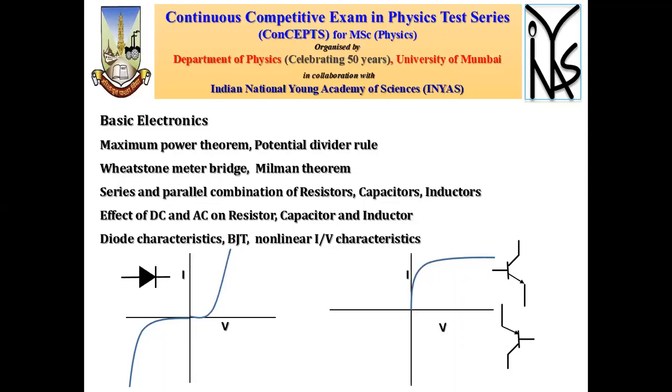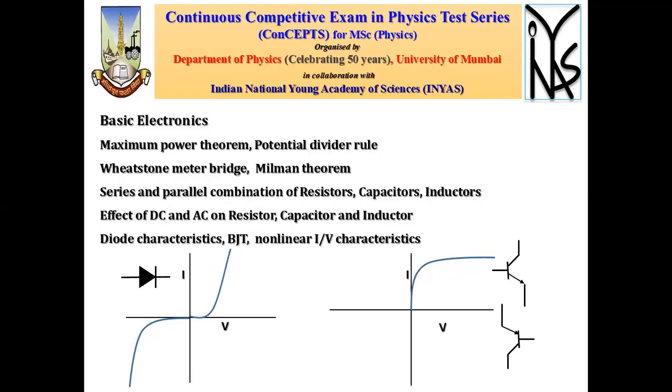So for the transistor, first we have to understand that there are 2 types of BJT, NPN and PNP. The biasing condition for the transistor is that the emitter-base is always forward biased, and the collector-base is reverse biased. That is the standard procedure. And then you will have common emitter, common base, and common collector configurations.